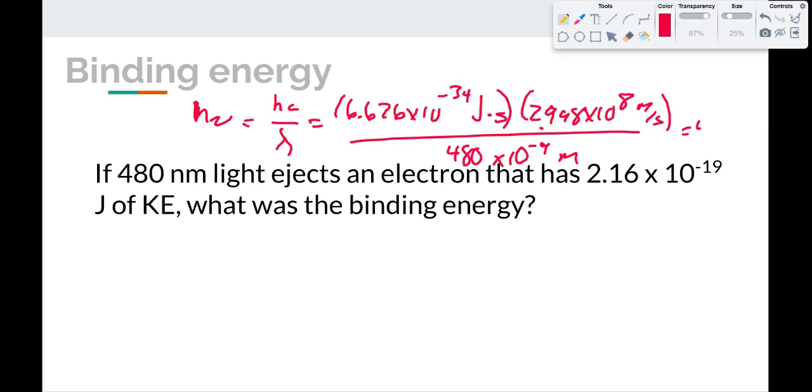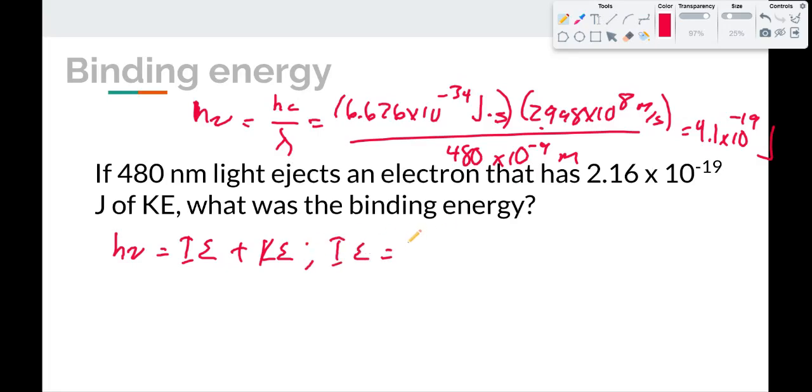This works out to 4.1 times 10 to the negative 19th joules. That's the energy of one photon. So that energy, the energy of the photon, is going to be equal to the ionization energy plus whatever the kinetic energy is. So that means that the ionization energy is going to be equal to the energy of the photon, h nu,